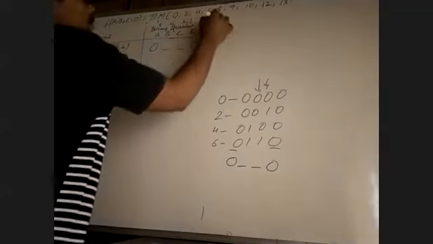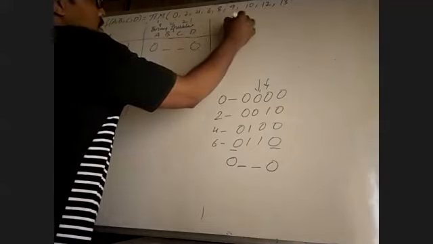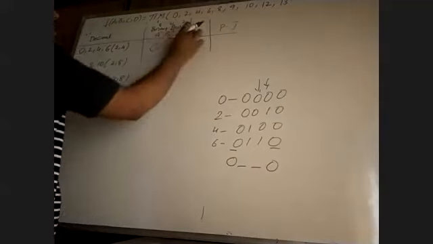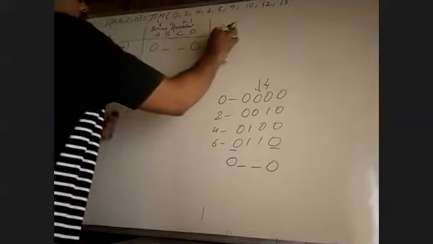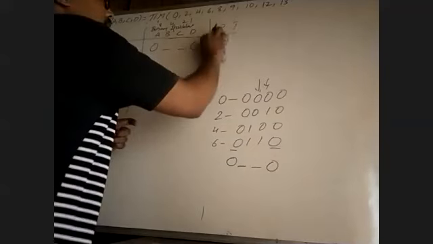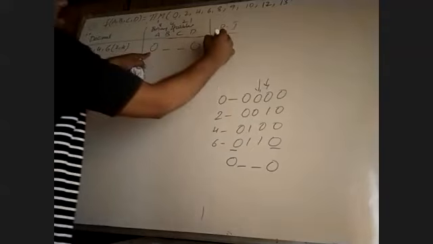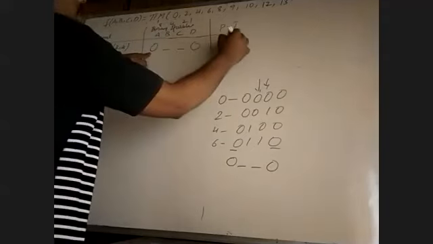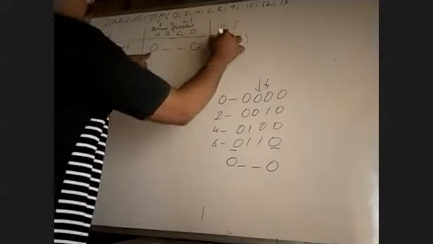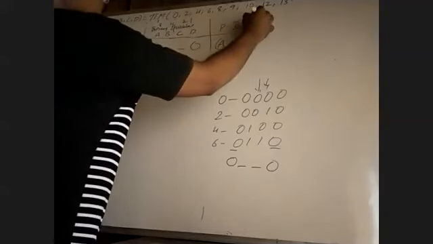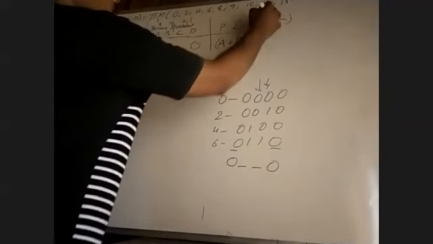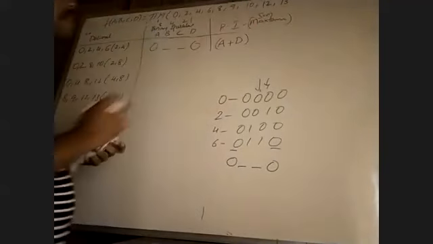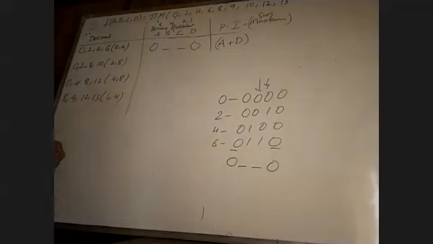And what is the prime implicant? A is 0 and D is 0, so A bar into... sorry. The prime implicants we are writing in terms of max terms now. Max terms means A plus D. We are writing the prime implicants in terms of max terms, that is sum terms. The prime implicants come out as sum terms, not product terms now.